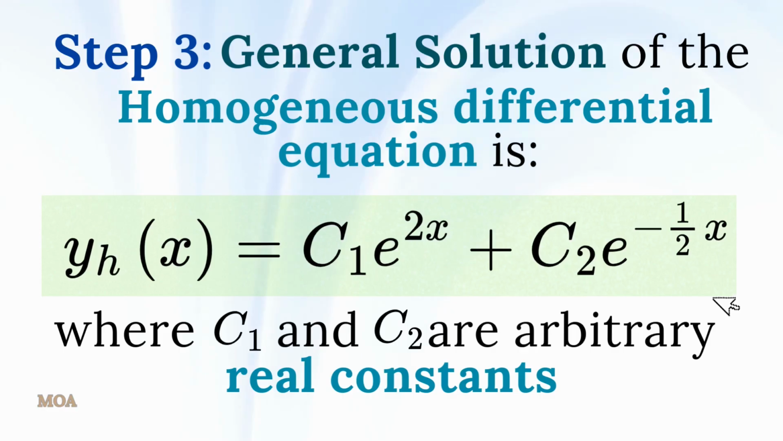Because we have two distinct real roots, r₁ = 2 and r₂ = -1/2, the homogeneous solution is a linear combination of the corresponding exponential functions. That is, y_h(x) = c₁ e^(2x) + c₂ e^(-x/2). Here, c₁ and c₂ are arbitrary real constants to be determined later if initial conditions are